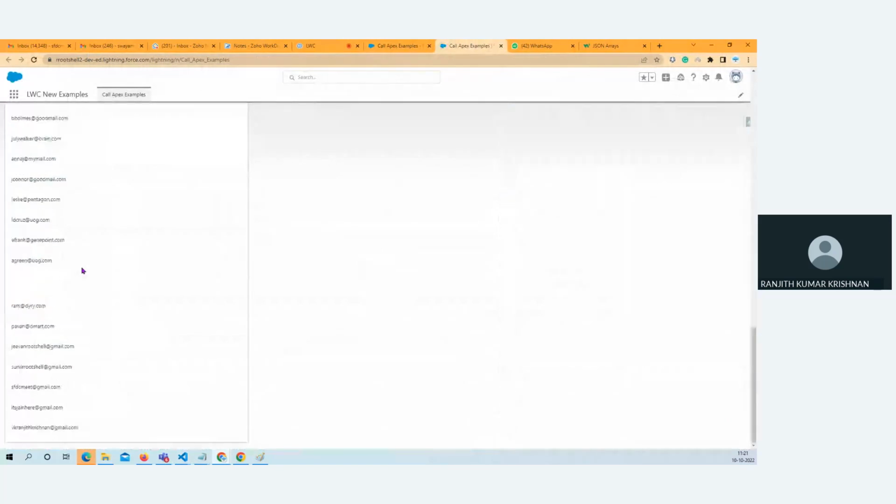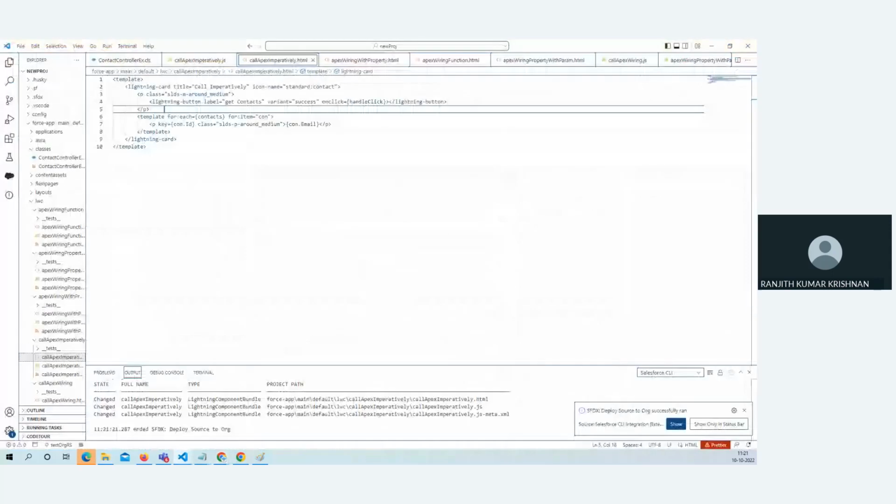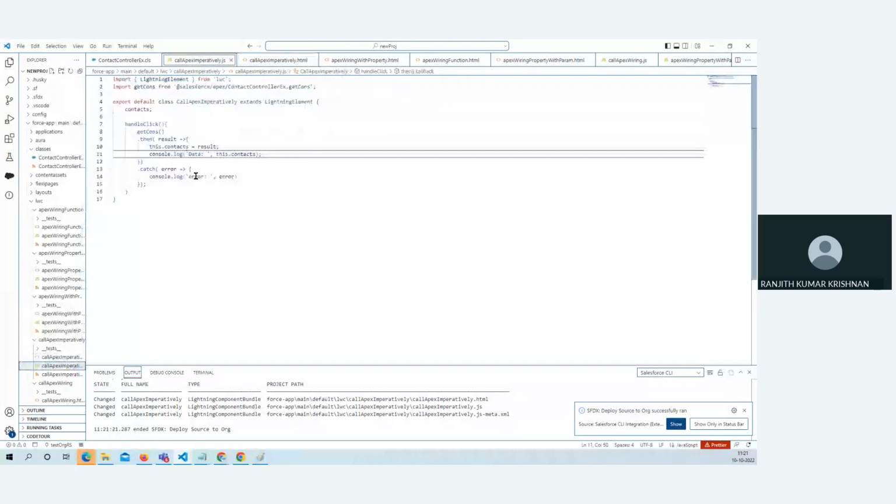Now I hope you can do the other things, for example, a function with a parameter. You know what to do? Function with parameter. Where will you have the JSON parameter? You will have the JSON parameter